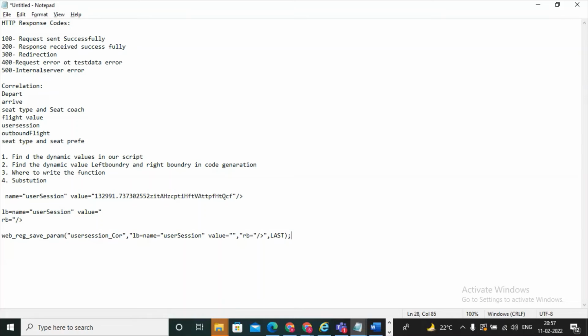That value we need to give as a parameter name. Naming conventions are also important while doing this, since you are going as an experienced person. So user session underscore COR. Okay, he has done the correlation. For example, I did the scripting for 50%. After that, maybe I took leave. So this script will continue with some Srinivas. Then Srinivas will know, from the start onwards, which values were correlated. So, seeing user session underscore COR, okay, Kiran did the user session COR as a correlation.